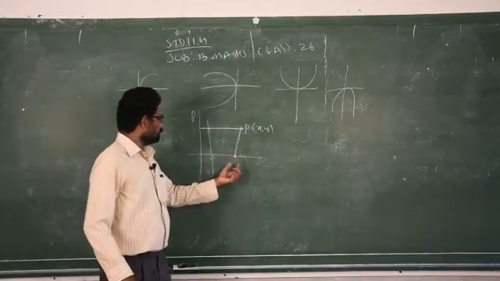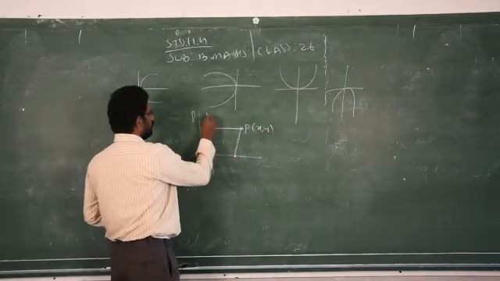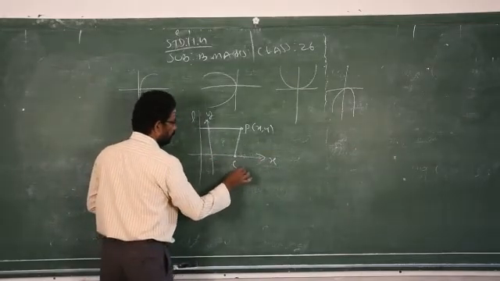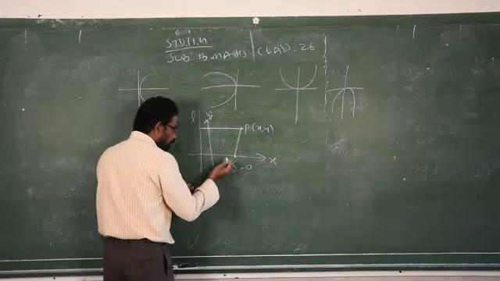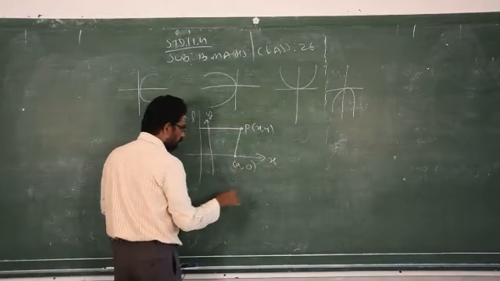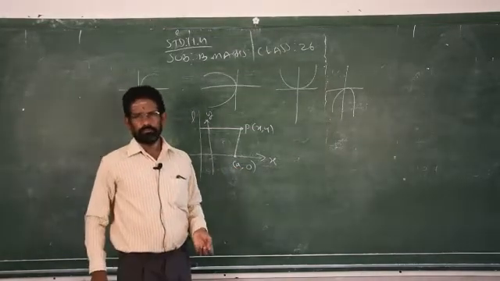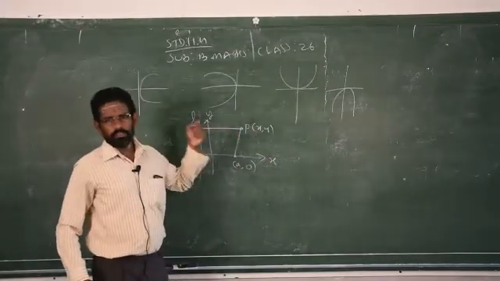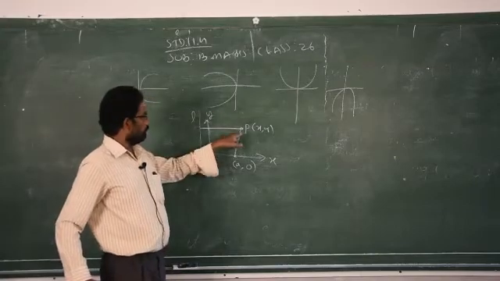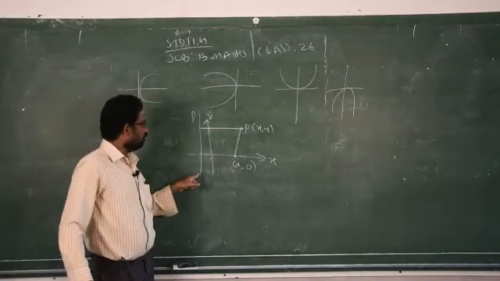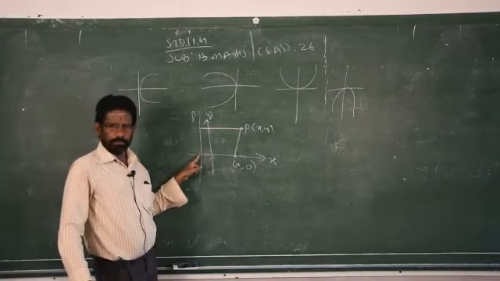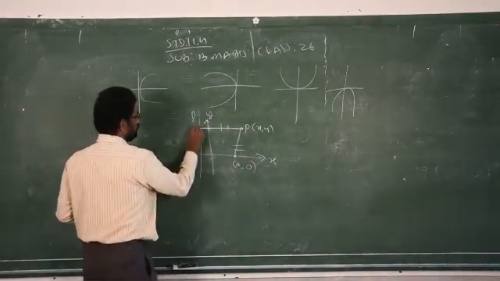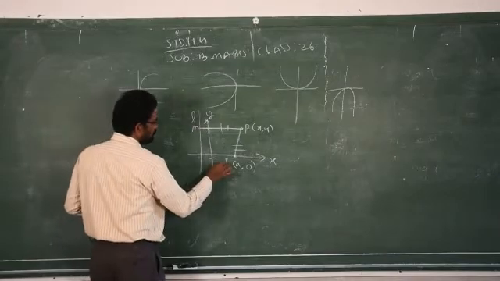But if I say this is a fixed point, this is the y axis and this is the x axis. So a point on the x axis will always have y equal to 0. The fixed point will always be named A. Clear? So this is a fixed point, and this is the moving point. If you draw a perpendicular line from the moving point to the line which is parallel to the y axis, and measure these two distances, let's say this is M, this is S.